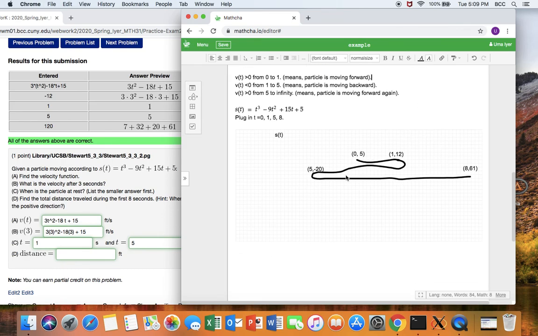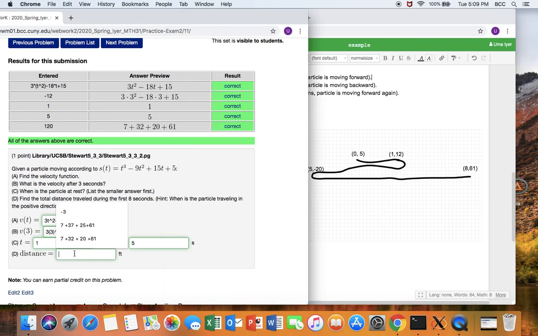All right. So this gave you a picture of how the particle is going. First, it moves forward for 1 second. Then from 1 second to 5 seconds, it moves back. And 5 seconds onwards, it moves forward, and keeps going. All right, we are done with that. So the question is, what is the distance traveled? From here to here, it went from position 5 to position 12. So this distance is 7